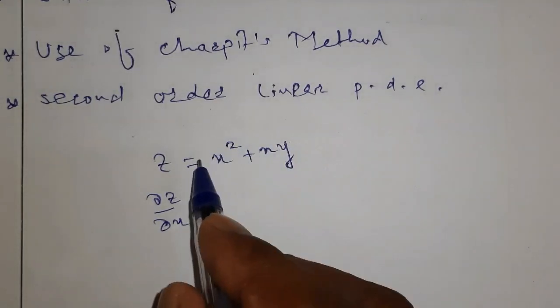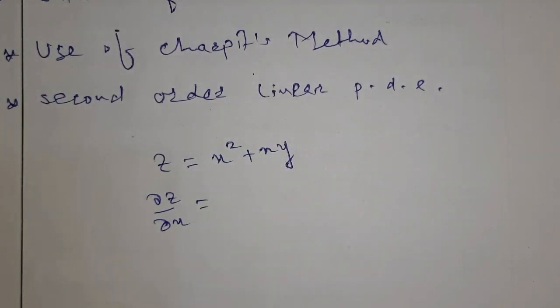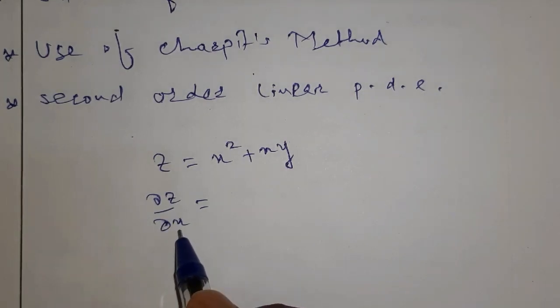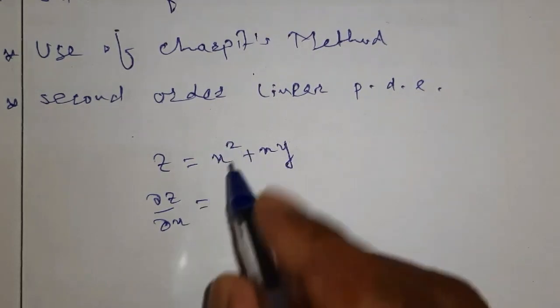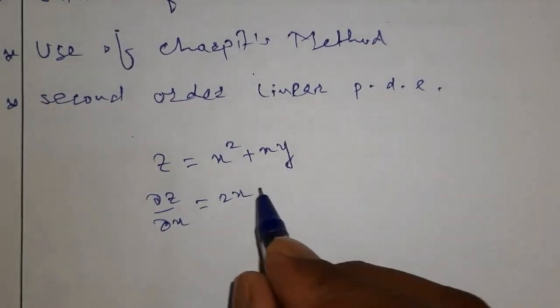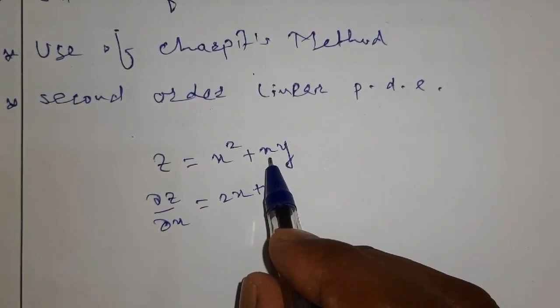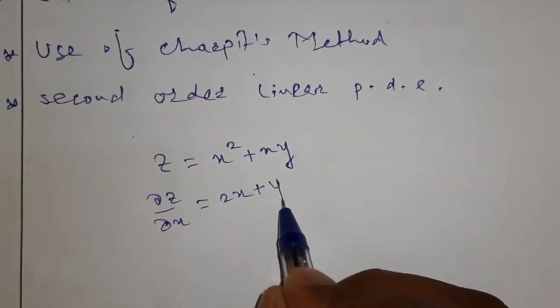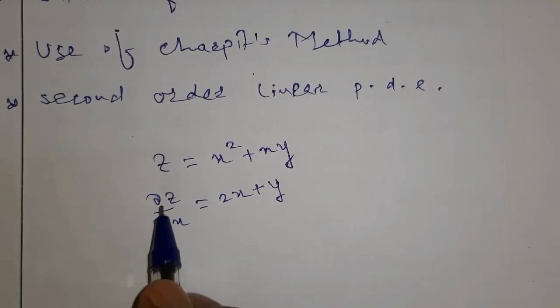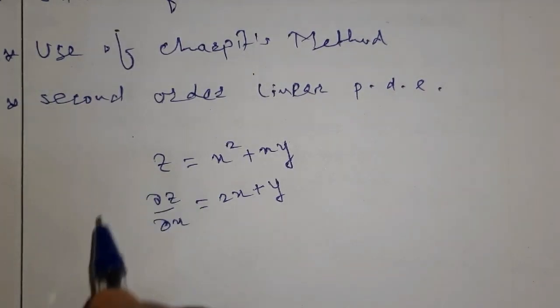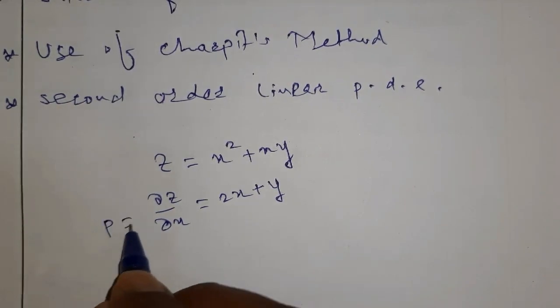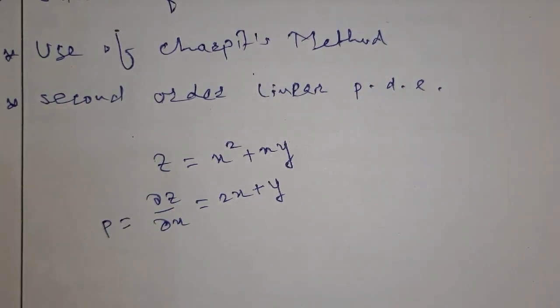And if I differentiate with respect to x, keep in your mind you have to keep y constant. Treat it as a constant. We know that derivative of constant is 0, and if the constant appears in the multiplication, then it remains as it is. So here dou z by dou x you have to keep y constant. So here derivative of x square is 2x plus derivative of x is 1, y is constant. Understood it? This is your dou z by dou x, and for this we use a special notation. It is p, small p. Small p is equal to dou z by dou x.